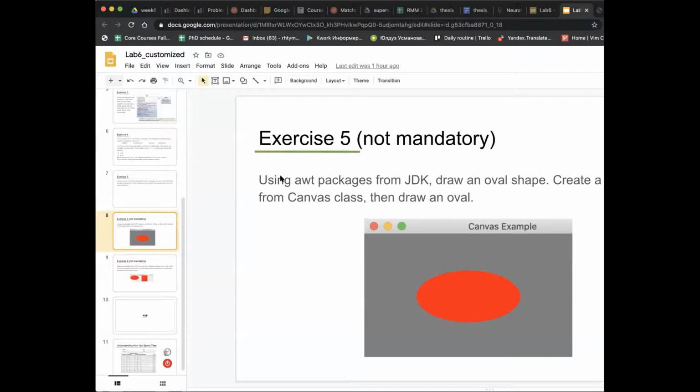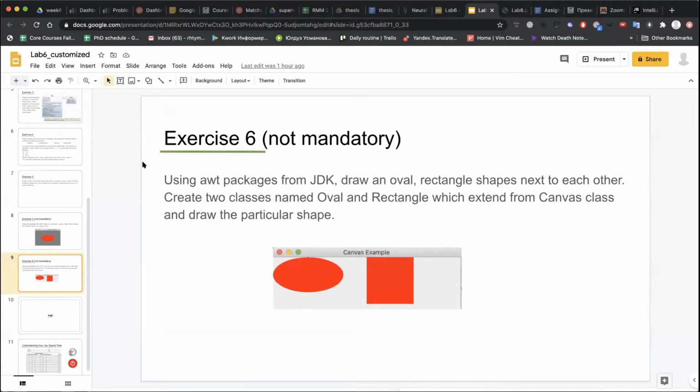Just copy it into your IDE and fix the packages according to your project. Then after that, just try to run it. Then try to solve this exercise 6,